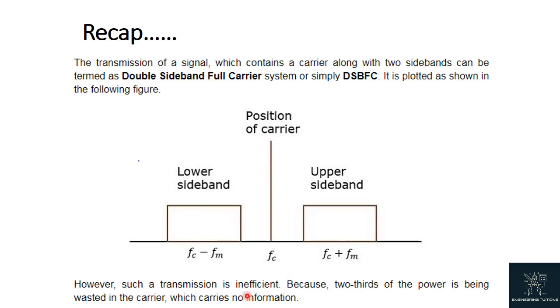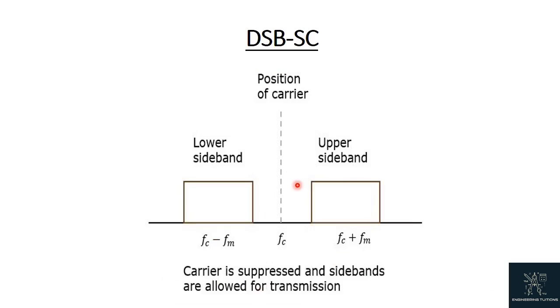carries no information. If this carrier is suppressed and the saved power is distributed to the two sidebands, then such a process is called double sideband suppressed carrier, or simply DSB-SC. It is plotted here, in which the lower sideband and upper sideband are present and at the position of the carrier,